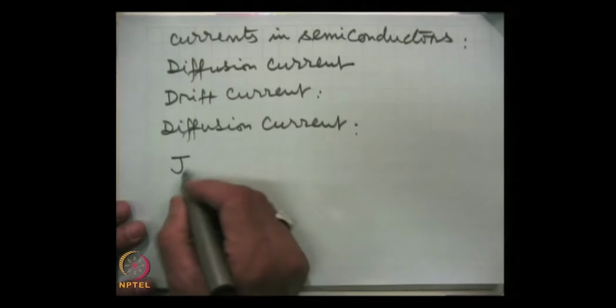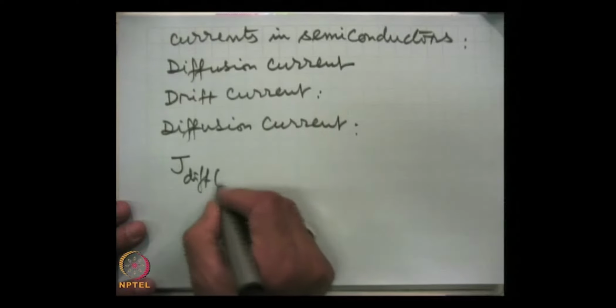This is a natural process, like when there is smoke in the environment, that is the concentration of carbon particles, but then gradually they diffuse to the regions where the concentration is much less. So, this arises because of the concentration gradient, and this can be represented as current density due to diffusion of